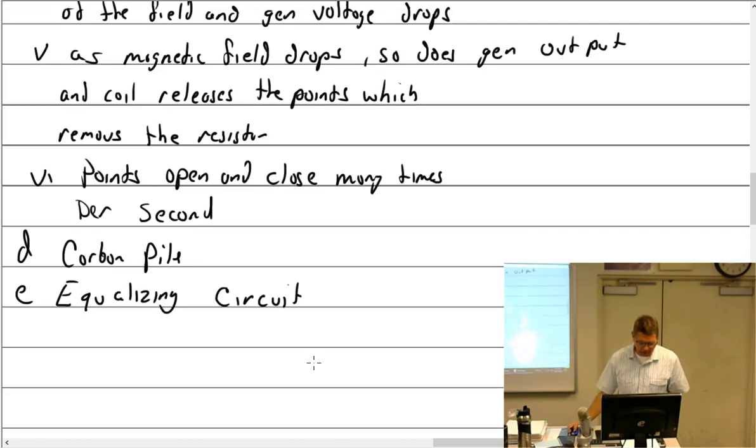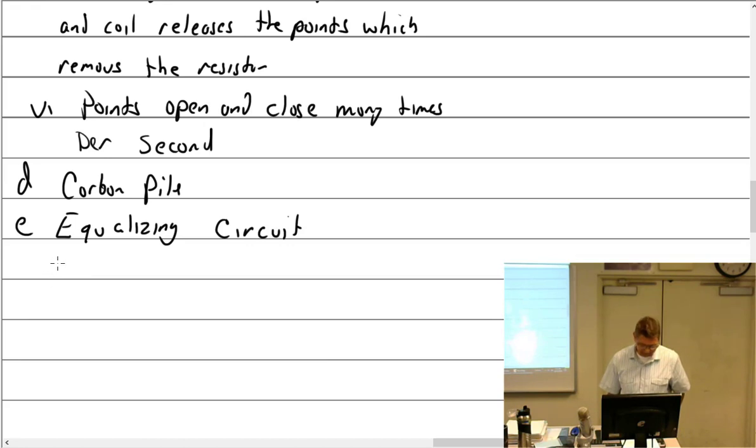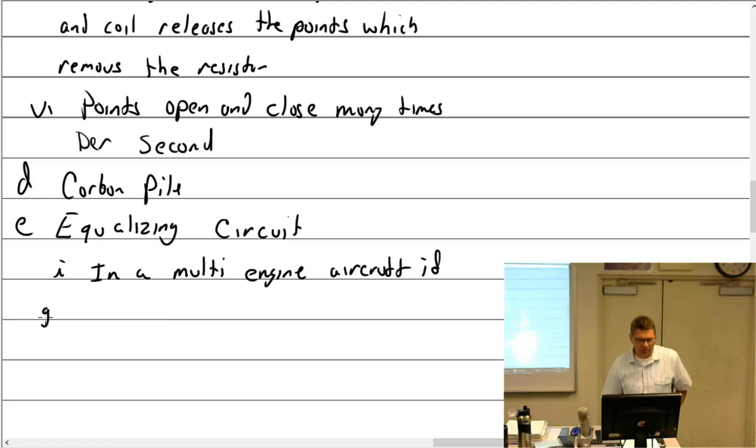All right, equalizing circuit. What's an equalizing circuit do? Balances out the... Where am I going to find an equalizing circuit? In a multi-engine aircraft, and I said this already, if the generators are not paralleled,